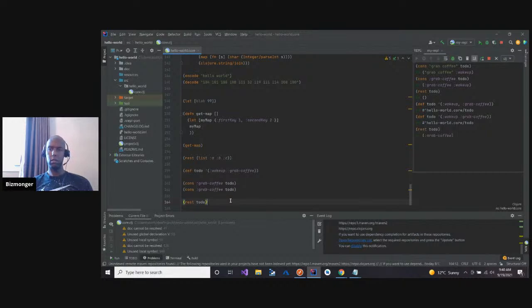Rest to do. Okay. So because it's a list, if you want to remove an item, it's only going to remove the first item, and you call rest on it. And that's a list.